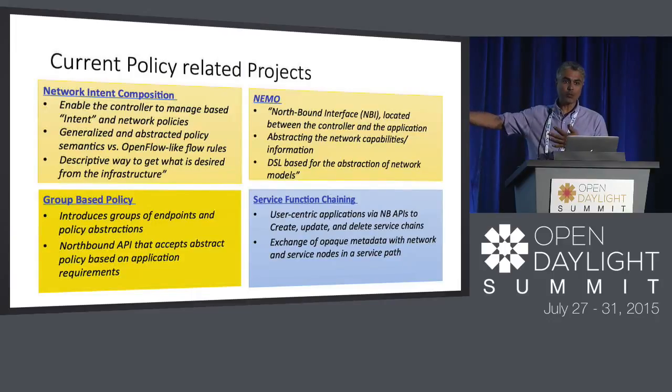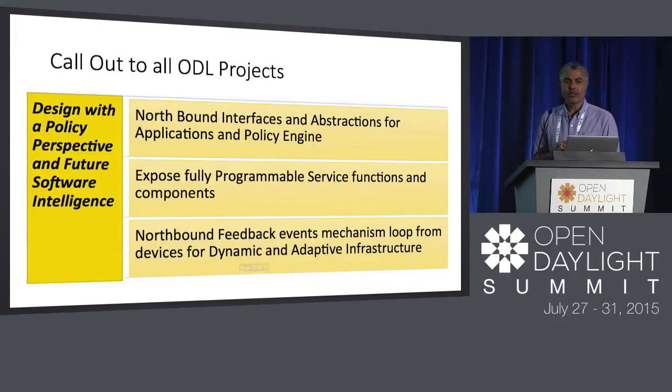And the group-based policy, for ODL you already have this as a baseline, it's already there, so I don't have to describe that more. If you have not heard about group-based policy, basically, in a nutshell, it is really an endpoint group, the contracts, and so on and so forth. And then the service function chaining. Again, how do you chain the functions, how do you describe them, and how do you make sure the exchange of the metadata is happening, right?